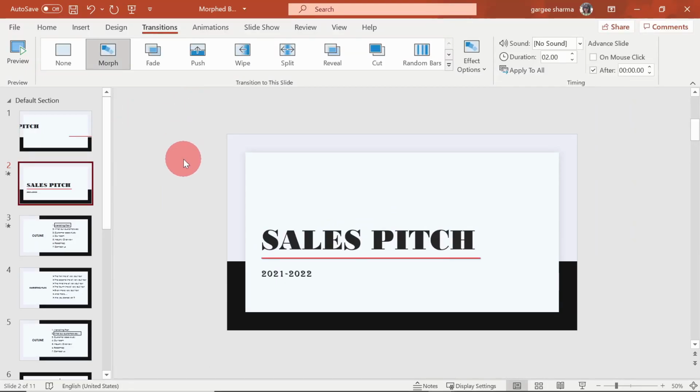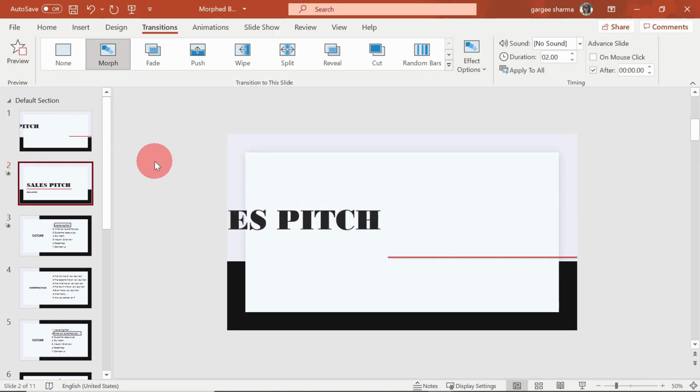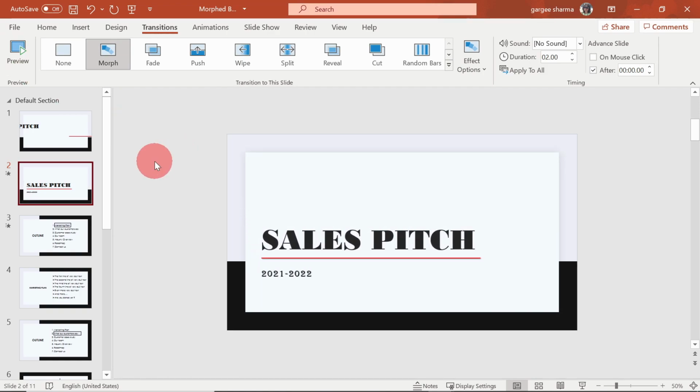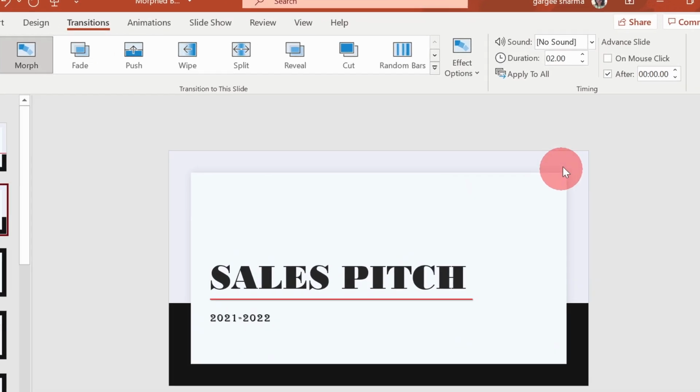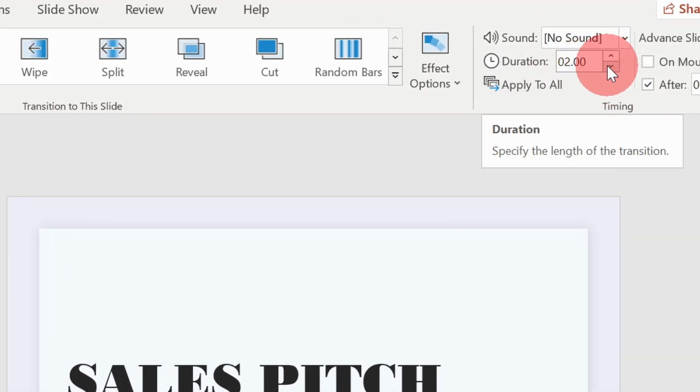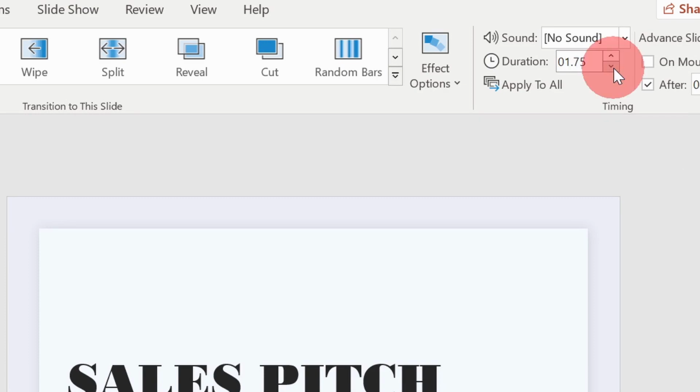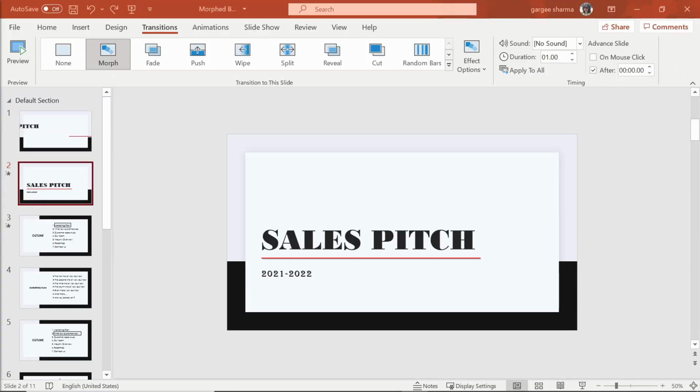The way Morph works is that it takes the objects from the previous slides and morphs it into beautiful but effortless transition animation. If you feel that it's too slow for your business presentation, you can go to this duration drop down and reduce the duration between the transition. Now that we know how a simple morph works, let's use it to add some more fun stuff to this